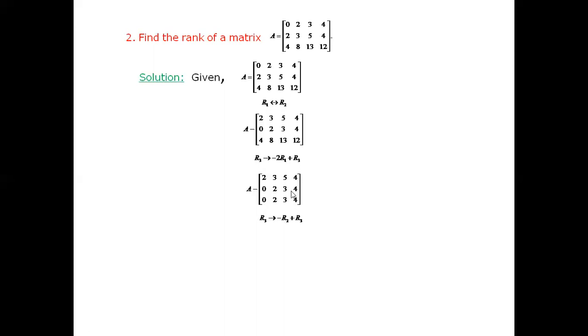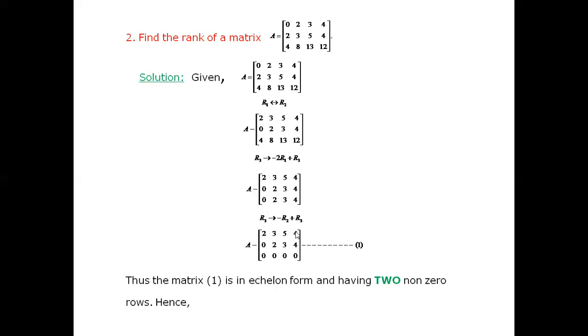I mean, I can multiply this by minus sign, add with third row. See, here minus 2, minus 3, minus 4 will come if you multiply by minus. Add with means same. Minus 2 plus 2, 0. Minus 3 plus 3, 0. Minus 4 plus 4, 0. See, entire row becomes 0. If you see, this is the principal diagonal, and elements below the principal diagonal are 0. So any matrix in which the elements below the principal diagonal are 0 we can call an echelon form matrix. And in this, how many non-zero rows will come? See, this is a completely 0 row. Leave this and count, you can observe there are 2 non-zero rows. So the rank is 2.